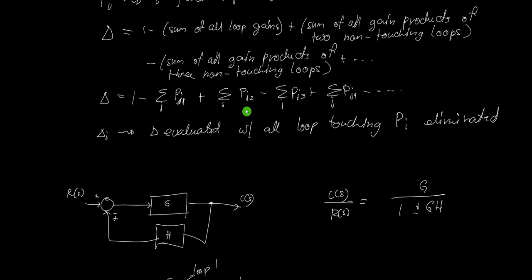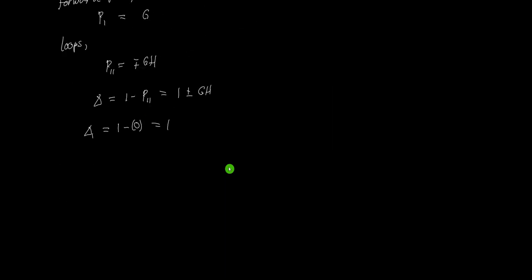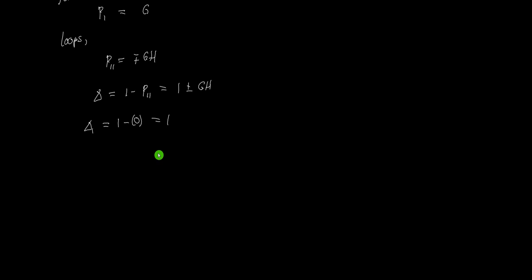Then we can substitute that in our formula. So C over R, using Mason's gain formula, is equal to the summation of, because we only have one, P1 times delta 1 all over delta. P1 is G, delta 1 is just 1, divided by delta, which is 1 plus or